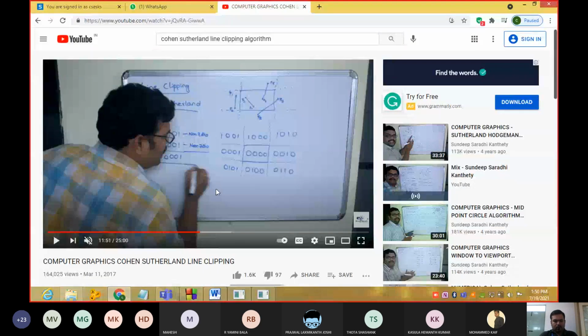In this example, this is x naught y naught. This is x1 y1. What we need is these new points x and y. See here, everyone, this line gives a better example of this. P5 and P6, right? So this is x naught comma y naught. This is x1 comma y1. We need a new point x comma y here. I hope you people are understanding. This is x naught comma y naught, this is x1 comma y1, and we need a new point here, so it will be x comma y. That is what he is explaining there.